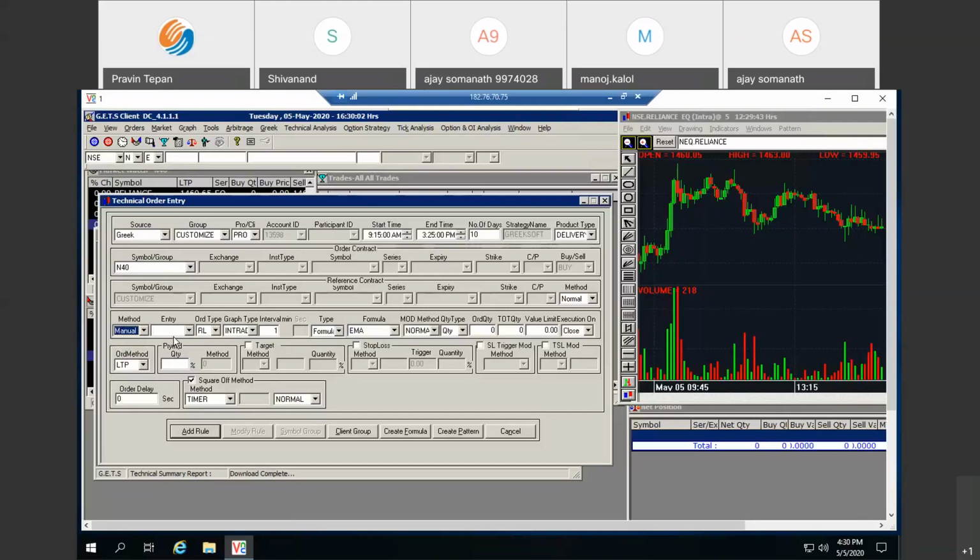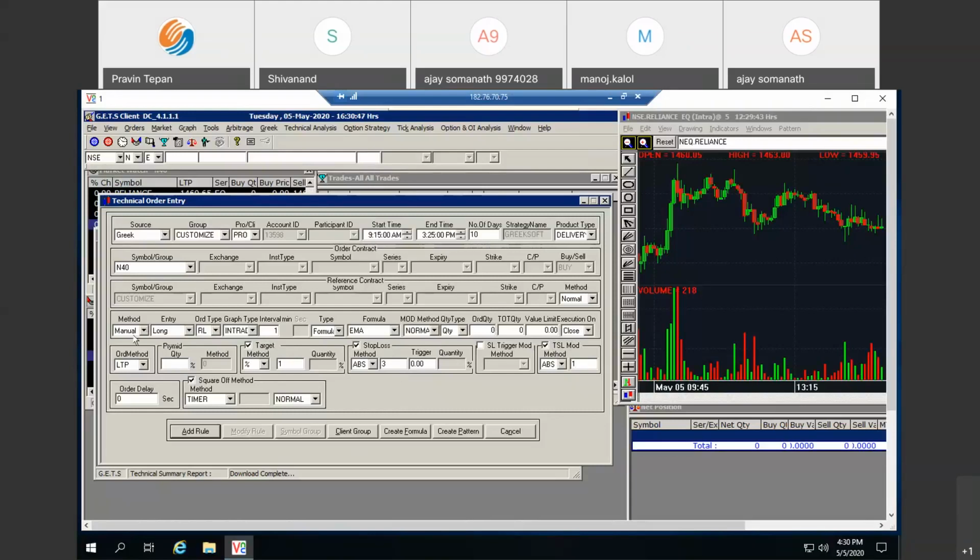And in manual, what we have done is that the entry will be going from the formula, but for exit we have directly given the option of target, stop loss and trailing stop loss. Three options are there, in absolute or in percentage. So let's say entry is done from the EMA. I want 1% as my target, and I want absolute 3 rupees as my stop loss. And also I want to trail this stop loss from 1 rupee. So this is how it will be done. Entry will be from the formula, but exit will be from all these parameters: target, stop loss, and trailing stop loss method.